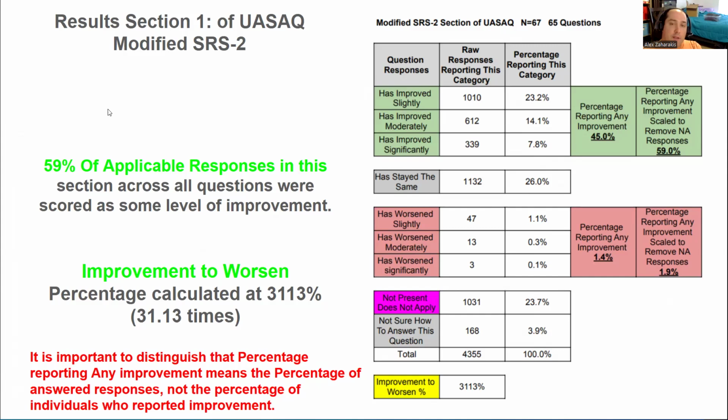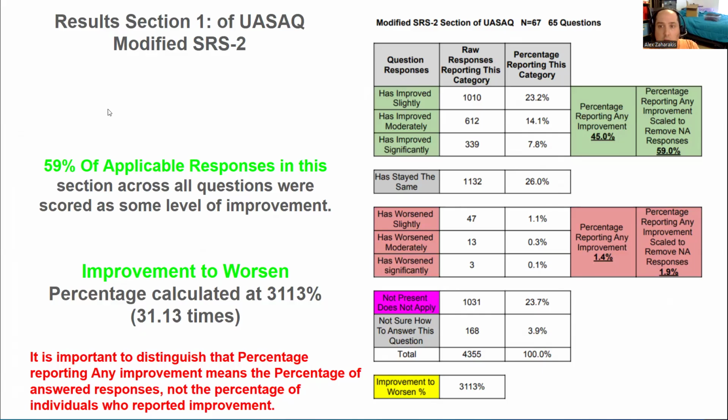This is the first section, the SRS2, Social Responsiveness Scale version 2, and in this category there are about 65 questions, which were asked to all of the participants, 67 responders completing them. So now we're tallying the responses across all of the people, thrown into one bucket. What fraction of them indicated that they improved slightly